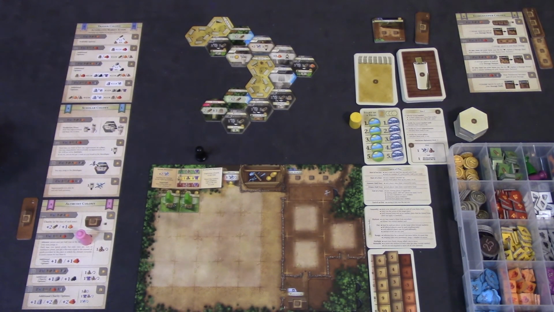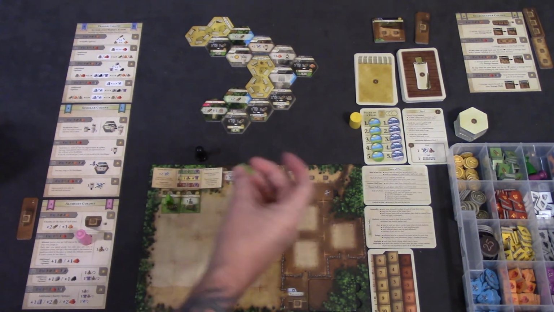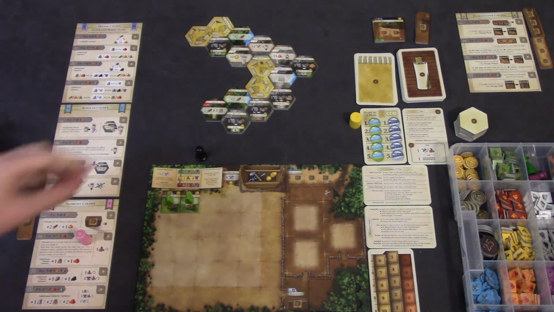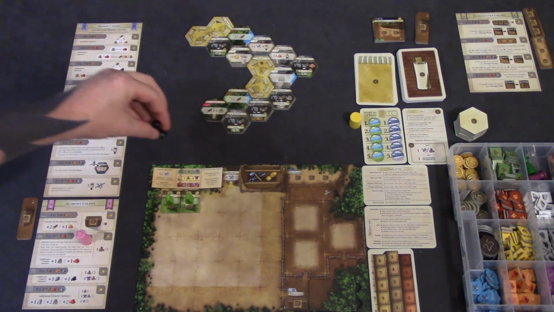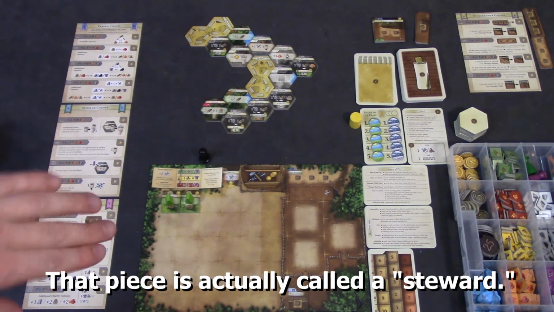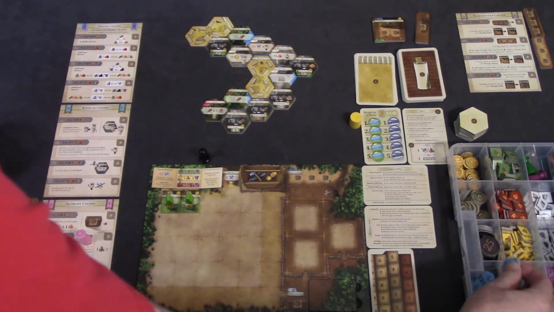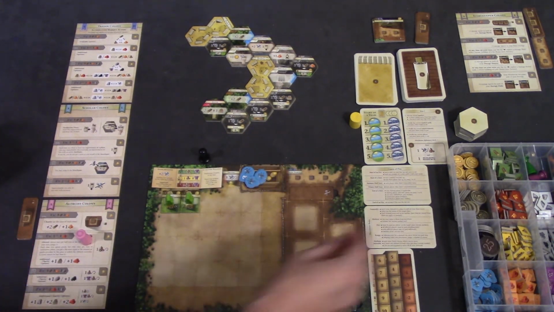So here is The Colonists all set up. What you do to start out before you get going is you give yourself 2 farms, and on each farm you get 1 farmer, which are the green meeples here. You get yourself 1 of these pawns, which you're going to be moving around on that map. You also start with 6 tools, so I'll just grab 6 tools, and then